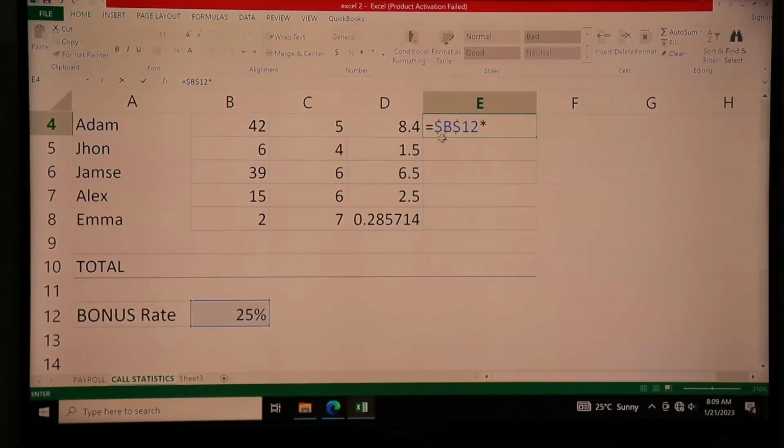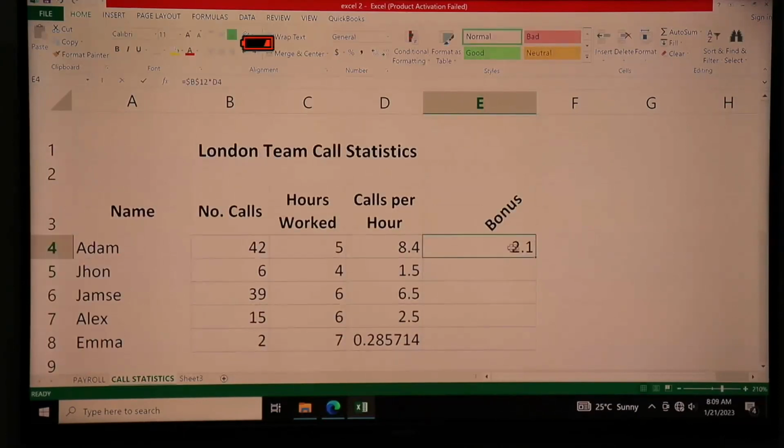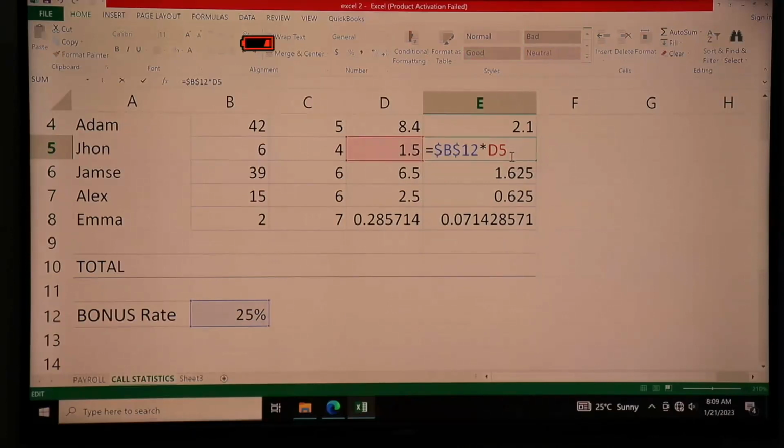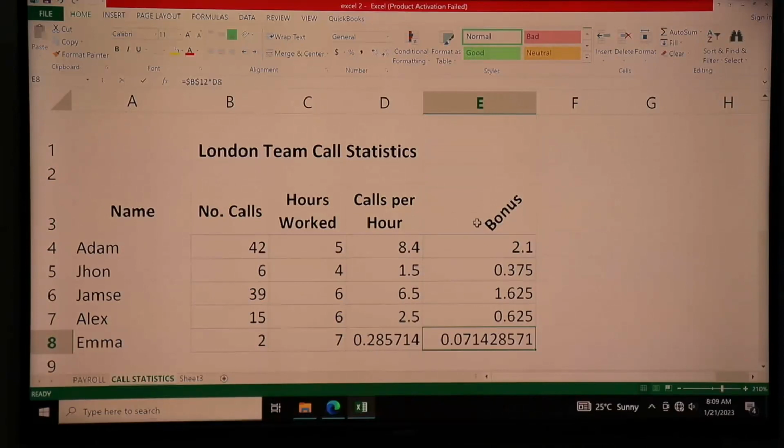Then you multiply by cell D4. Then you press enter. By doing that, you're going to copy down this formula in your worksheet. Without changes, the formula will refer to that cell throughout. So it will refer to cell B12, the next cell, B12. B12 will remain constant. As you can see, that B12 will not change. So that is what absolute referencing is all about. That is a way of referring to this cell when you want to call this in all formulas.